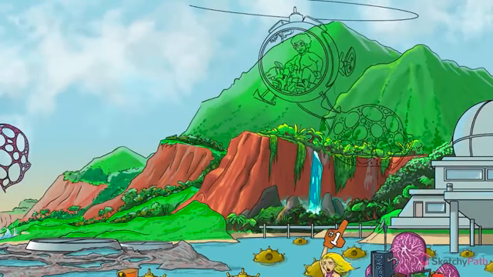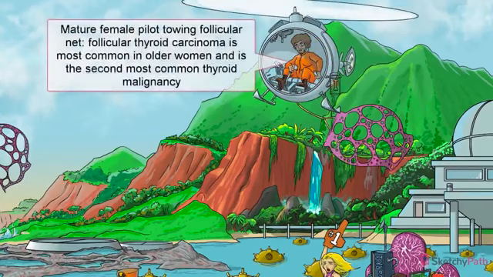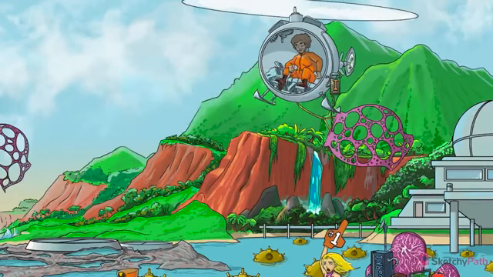Follicular carcinoma is the second most common form of thyroid cancer, accounting for 10 to 15% of cases. Notice the follicular net she's dragging behind the helicopter. It's 3 times more common in women and occurs mostly in the 4th to 6th decade of life. Interestingly, follicular thyroid carcinoma is more common in iodine-deficient areas, possibly due to the follicular hyperplasia and hypertrophy seen in goiter. In 40% of cases,